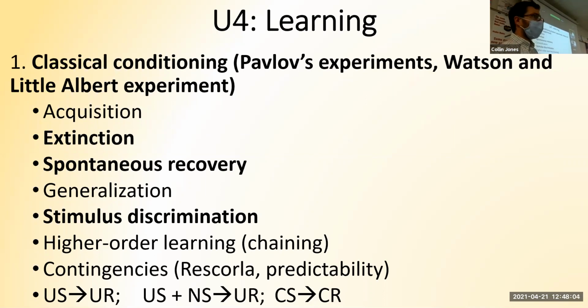Keywords that I hope you remember. Acquisition, to acquire something is to get something. Acquisition is when learning is starting to happen. Extinction, when learning goes away over time. A lot of y'all, you've lost your learning from AP Psychology. That's called extinction. Spontaneous recovery, it went extinct, but it comes back.